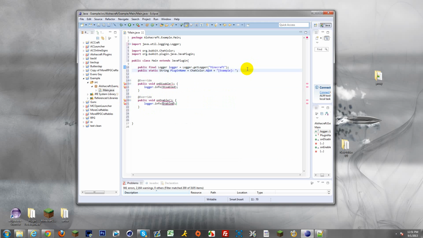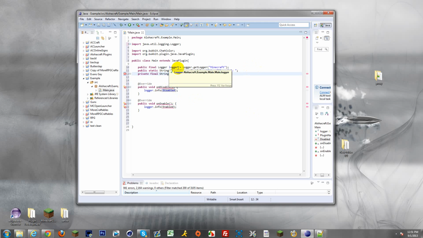You know what? Let's add the other strings here, or not strings, but the other code that makes this valid. Private final string, and we're gonna make it disabled like we listed below. So this is the two variables right here. Disabled equals plugin name, which we created earlier. So it will access the plugin name. So when it disables, it will tell us the plugin name, which is this right here, and whatever you type after this. So it'll put has been